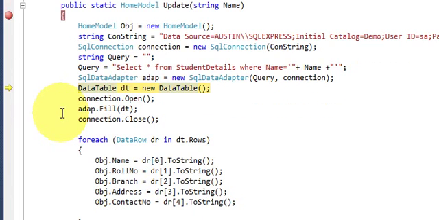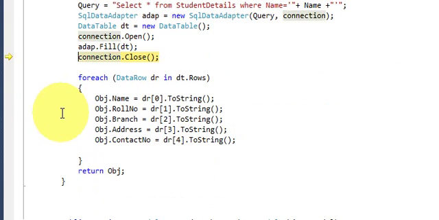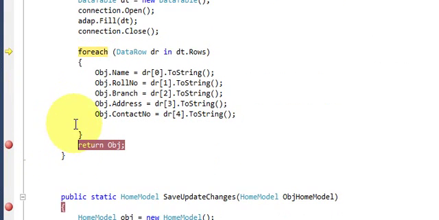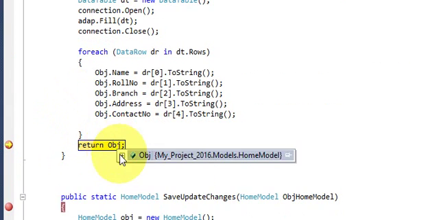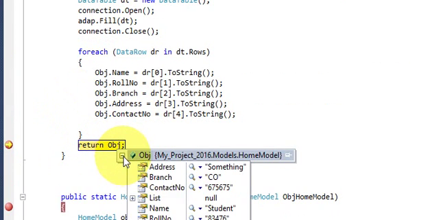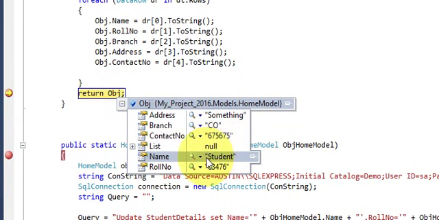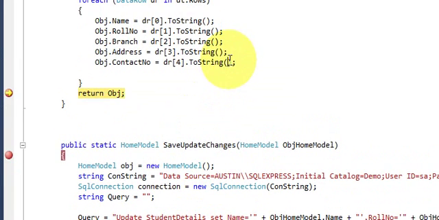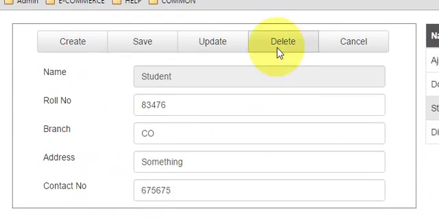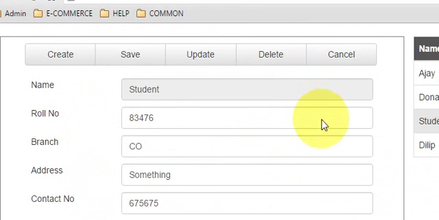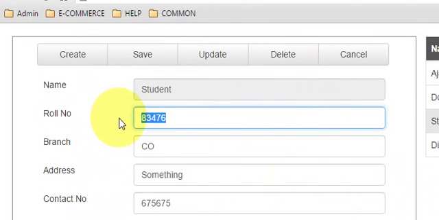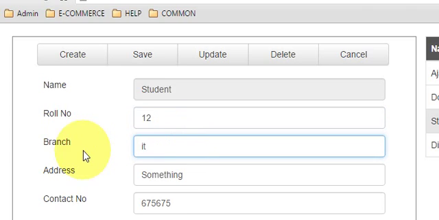We'll fill the data table here, and after filling the data table it is necessary to pass it in a list. So we have got a list. Now here is the name of student and all his details. Now we'll pass this to the view, and here you can see that we have got all the details of the student. Now we'll change this data as per the requirement,